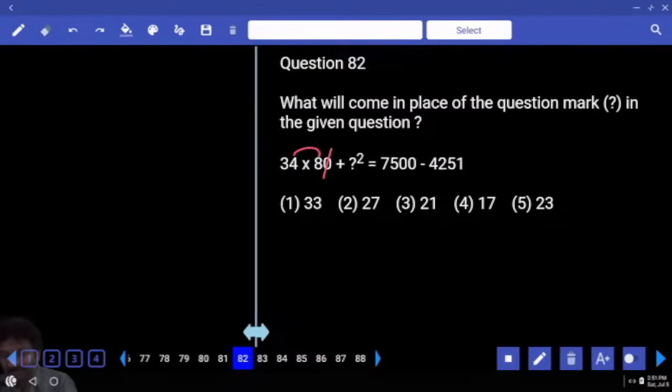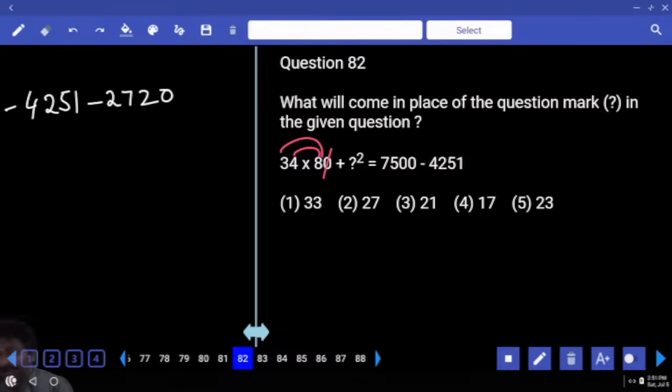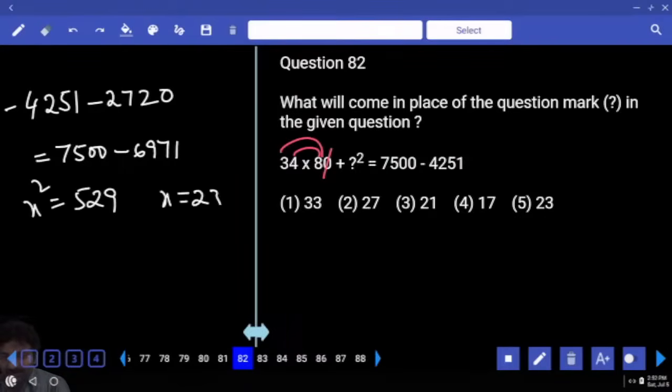8 fours, 2, 3 carry. 8 threes, 24, 27, and then a 0. This number goes to right hand side and becomes minus. Already there is a negative number, 4, 2, 5, 1. So both negative numbers put together, 6,971 subtracted from 7,500. First number is how much more than 7,000? This is how much less than 5,000? 29. Then x square value is equal to 529. Then x is equal to